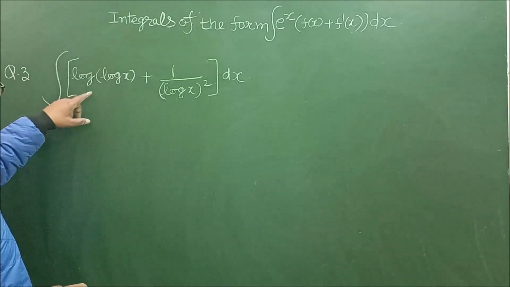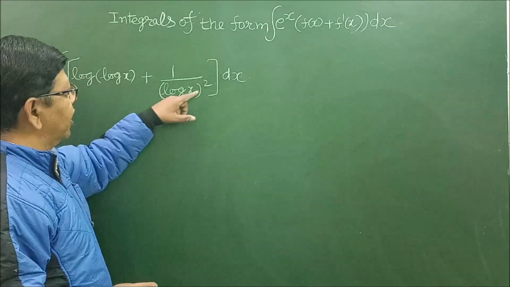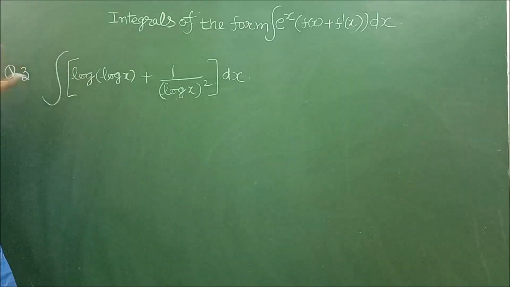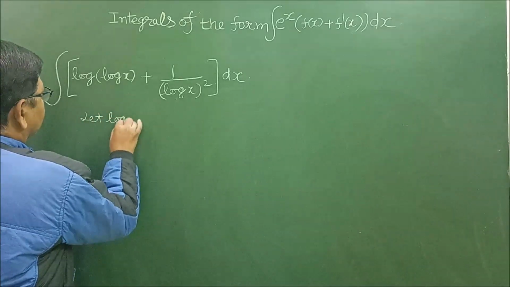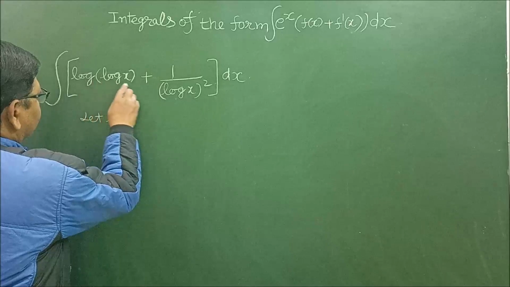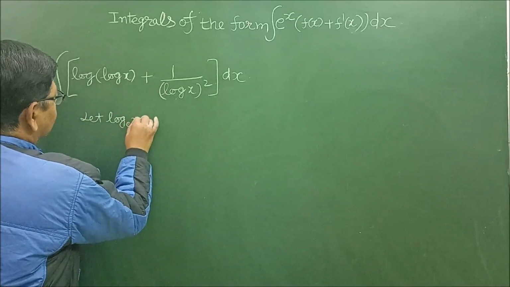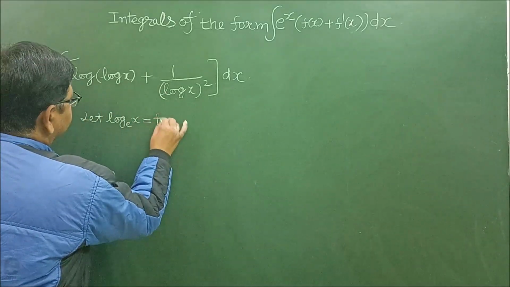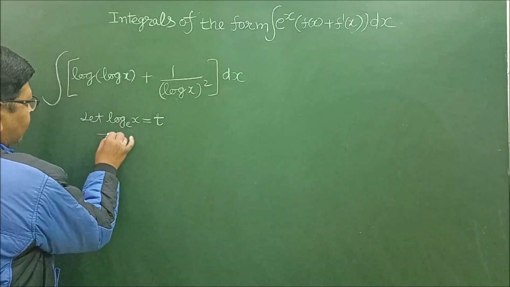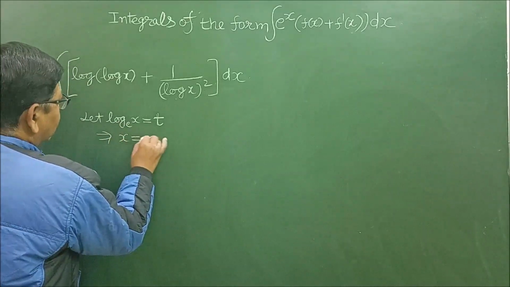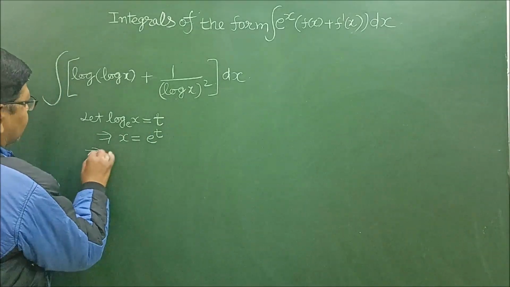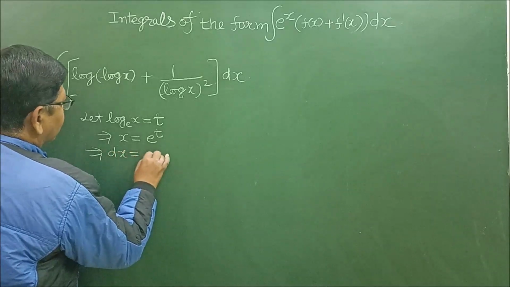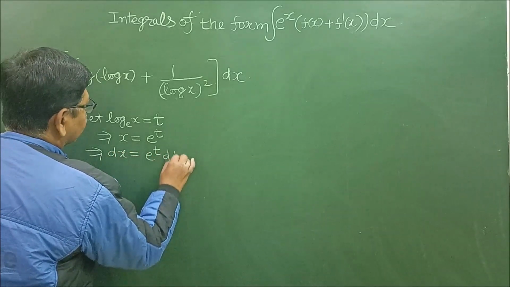फाइंड द इंटीग्रल ऑफ (log x प्लस 1) अपॉन (log x) स्क्वायर. तो यहाँ पे कहीं भी आपको e रेज़ टू द पावर x नज़र नहीं आ रहा है, तो यहाँ let log of x, base e is understood here, be equal to t. Now this log can be written as x is equal to e raised to the power t, and on differentiating both sides we can write dx is equal to e raised to the power t dt.